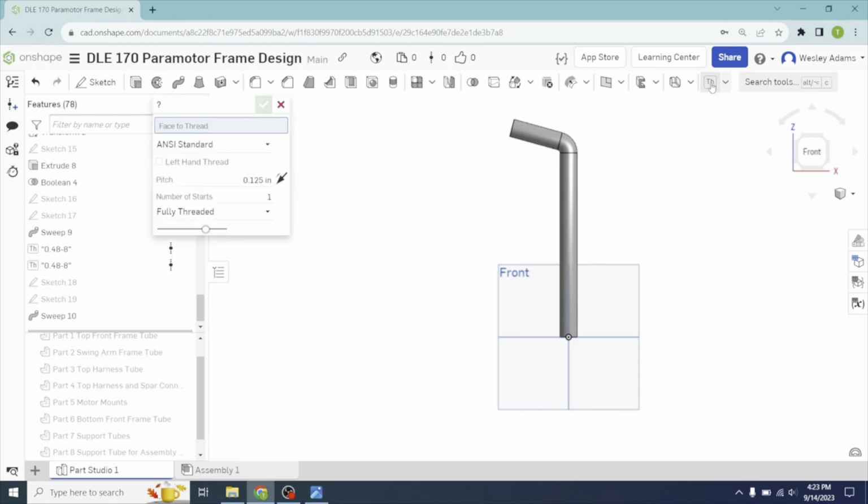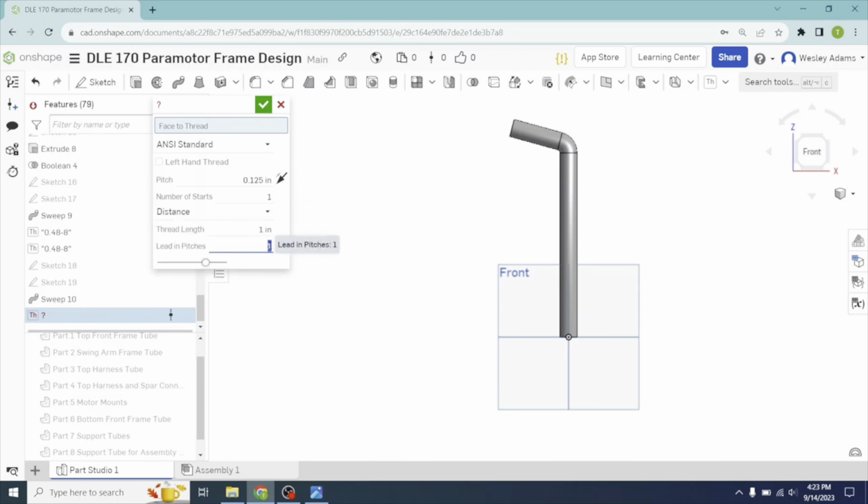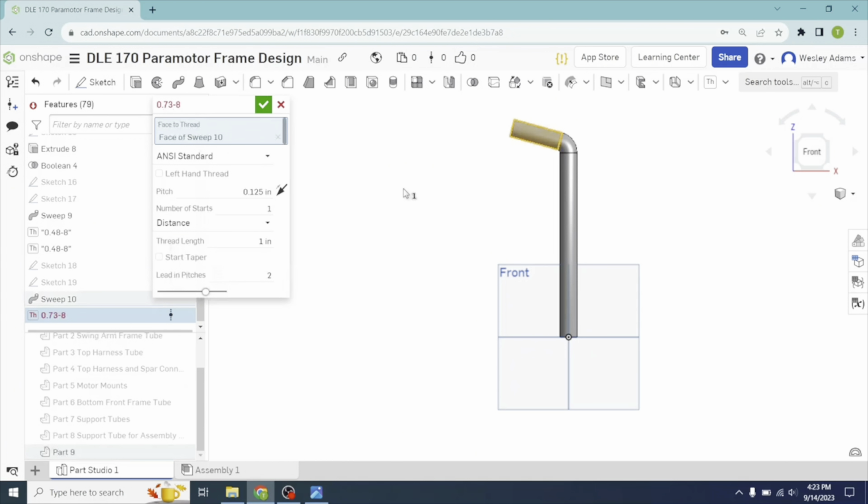Let's do our threads here. Let's go over to this area. Let's go down before we click on it, and let's go by distance. Let's go 2 inches here. Let's just see, because that's 1.5 inches to that point, so it should stop the threads somewhere right around there. Now let's left click on that,